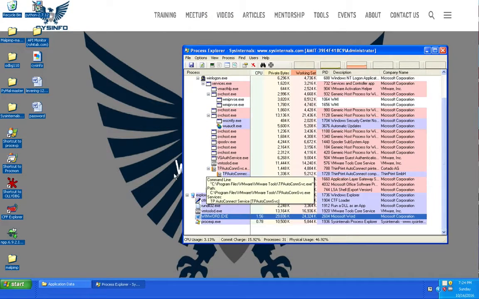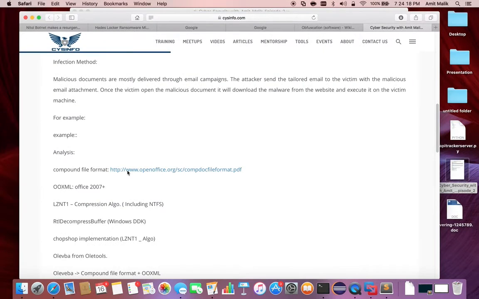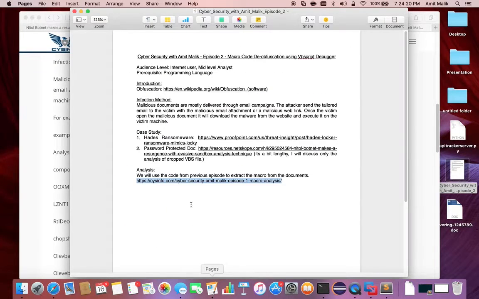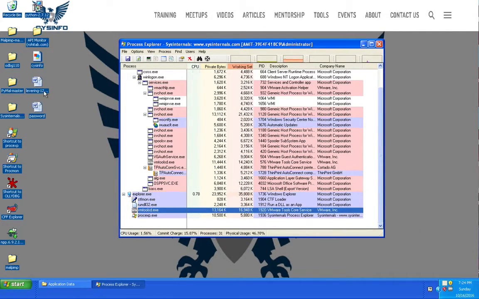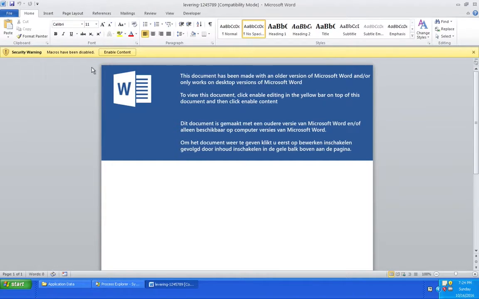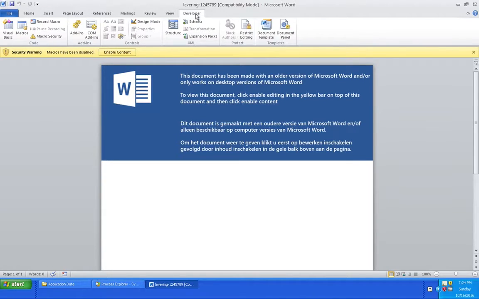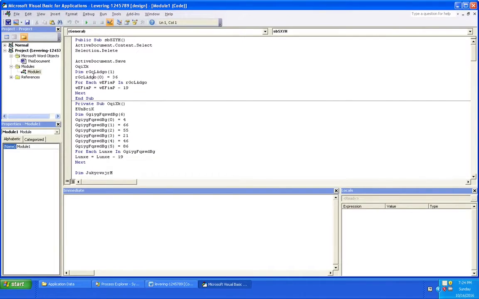of the de-obfuscation. Now I have one more case study that I want to discuss. It's the Hades ransomware. Oh, actually I was supposed to demonstrate this one first. But anyways, the Hades ransomware was discovered by Breakpoint, and the code is also obfuscated in this case, and I can actually show you that. Now it is asking to enable content, but we do not really want to enable that content right now, and we will go into the Visual Basic editor. As we can see